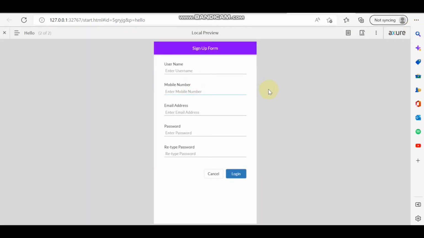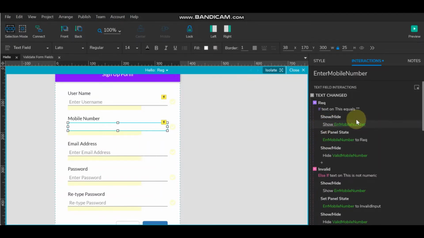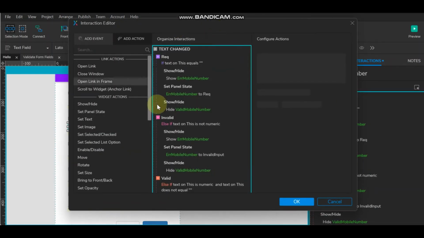So now it is one, it is fine, right? And the required field is coming. Once it is this, please enter valid mobile number. But here I want to add one more scenario. I have given the max length as 10, but while I'm pressing 1, it is showing fine. No, it is not fine, because a mobile number is not only a single character. So how will we do that? We'll see here. So this is required, this is invalid, and one more scenario we are going to add,